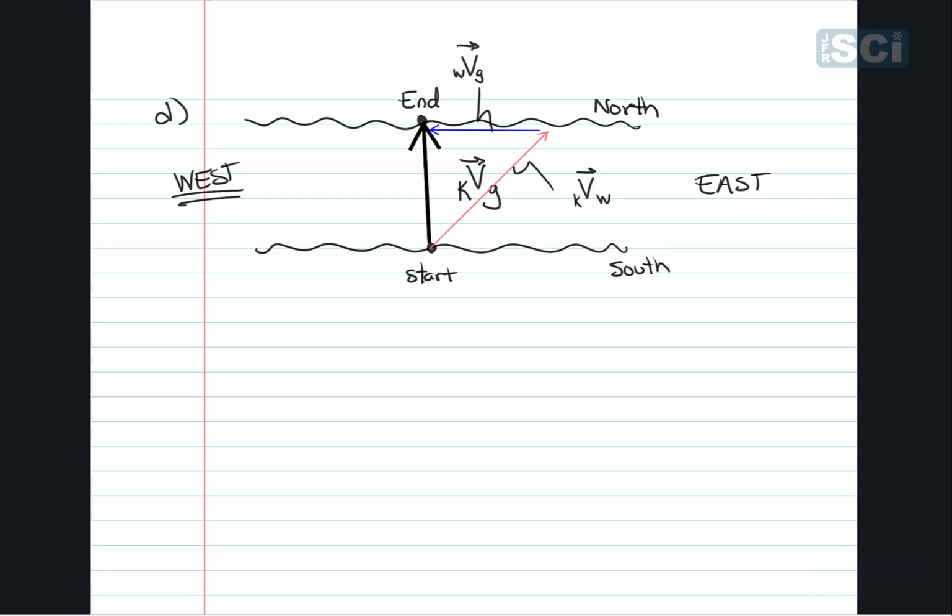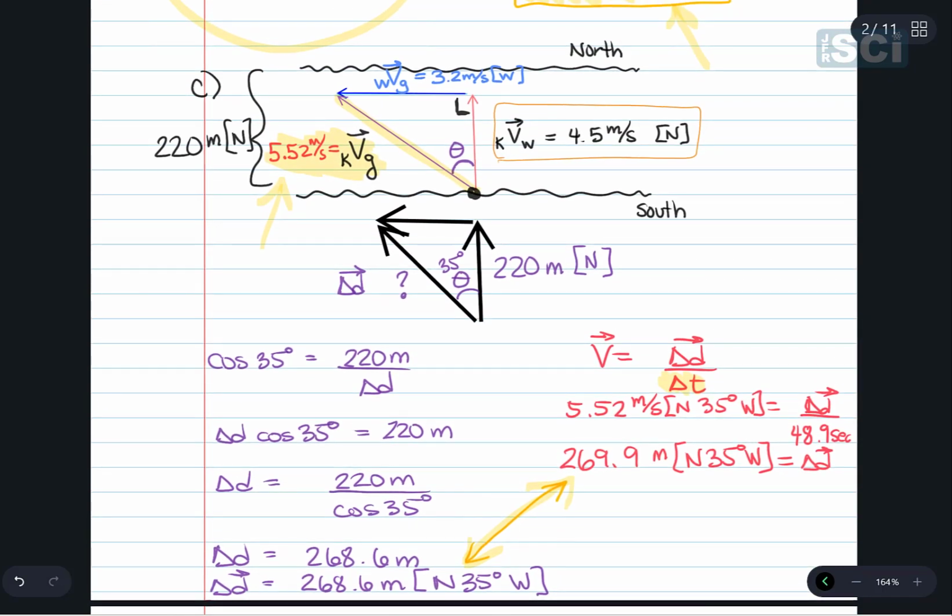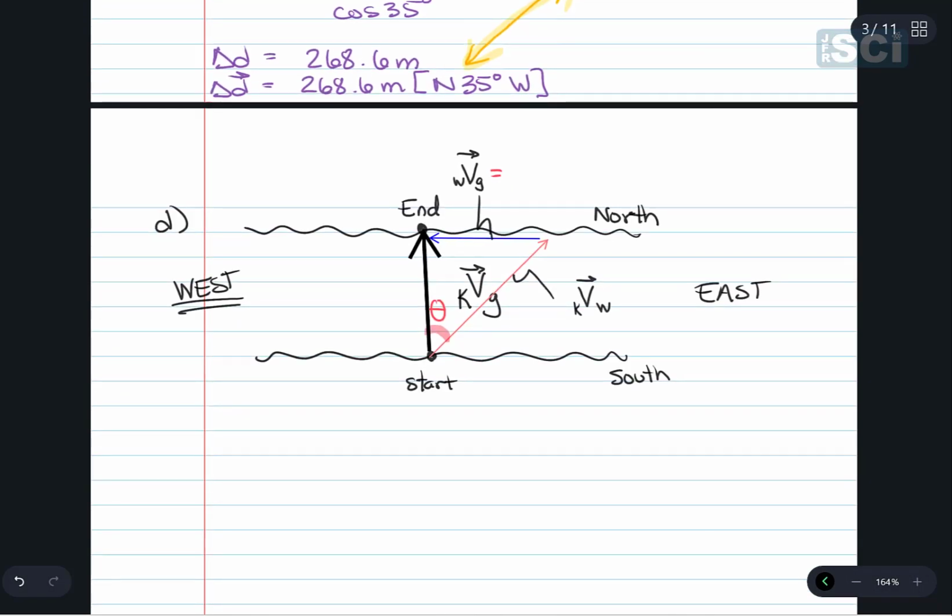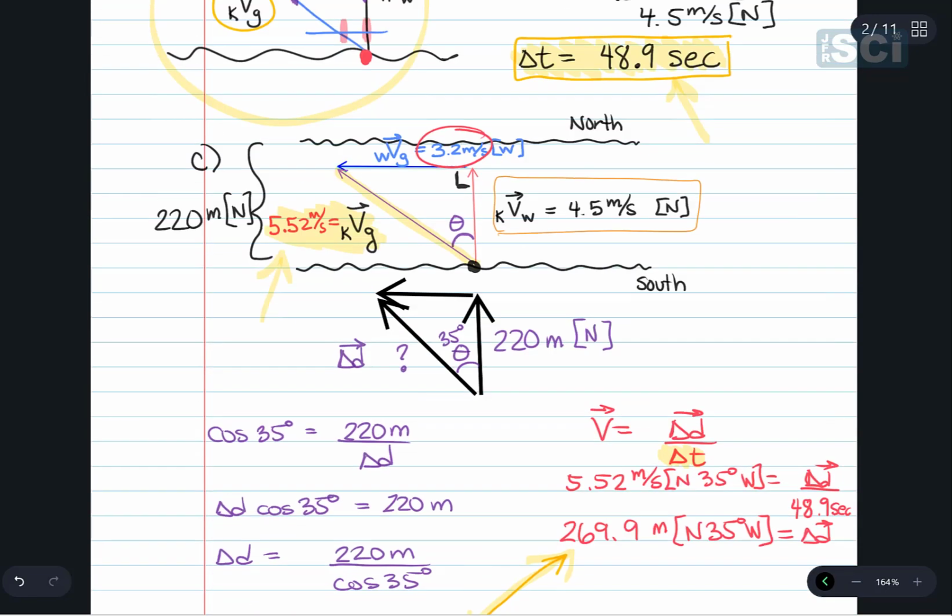Okay, so how do we get the angle here? How do I get this angle? Well, the river's not changing its speed. The river's still going to be moving at 3.2 meters a second west. The kayaker is still going to be able to move at